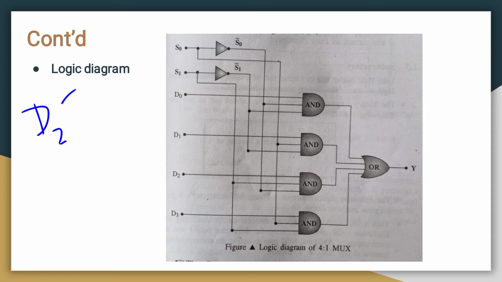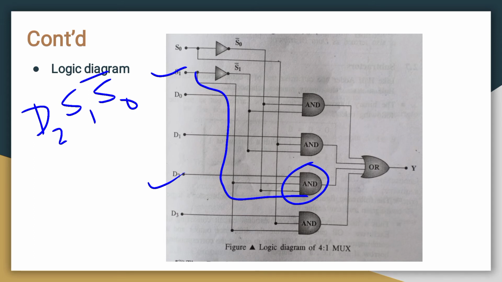For this, the same AND gate: D2 and S1, here to here, then S0 bar from here to here. Like this we connect the next part.